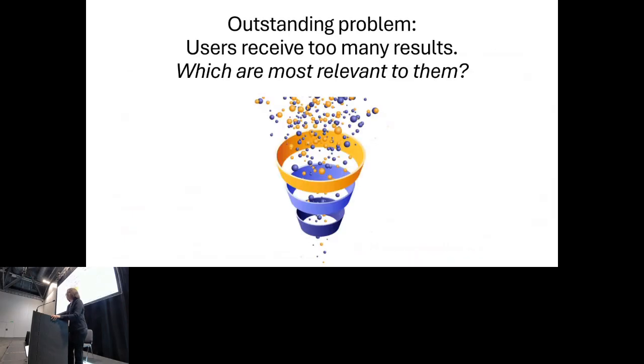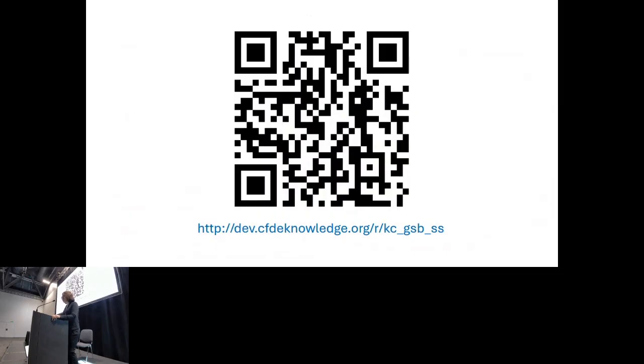So that's all great, but we're still left with some problems, right? First, users receive many, many results on our interface currently. So it's hard for a user to know which is most relevant to me and what I actually care about. To address this problem, again, we piloted a brand new feature available through this link here or through the